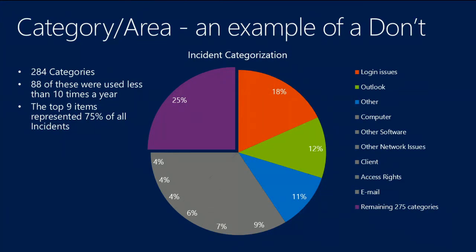And that's kind of strange, isn't it? So they had this huge list, 284 items, and 11% of all incidents will still use the category called Other. So why is that? Well,